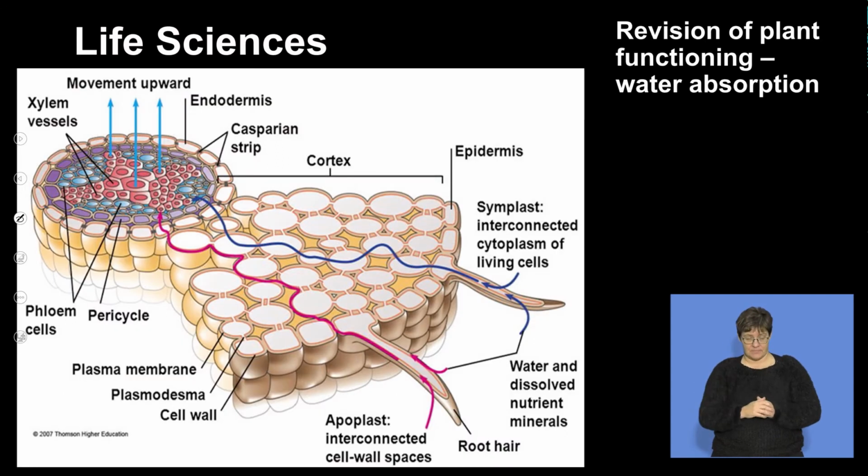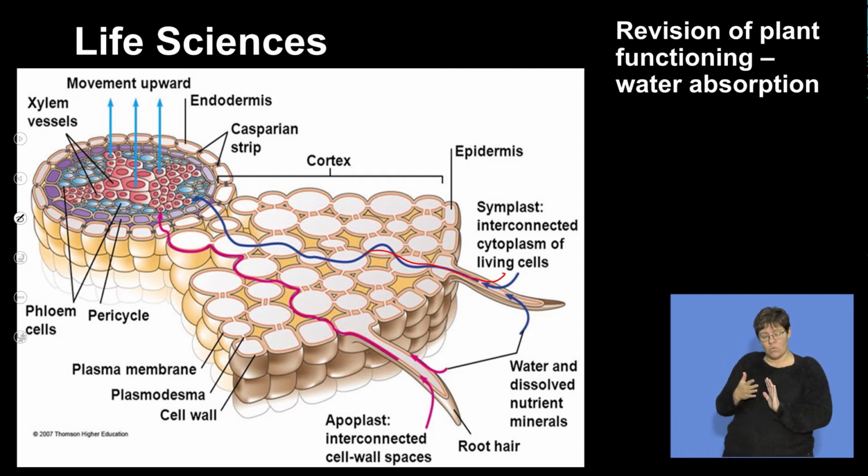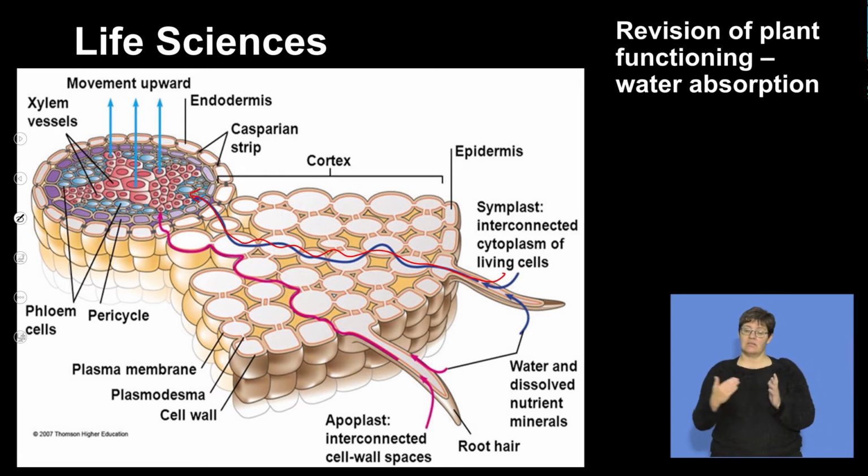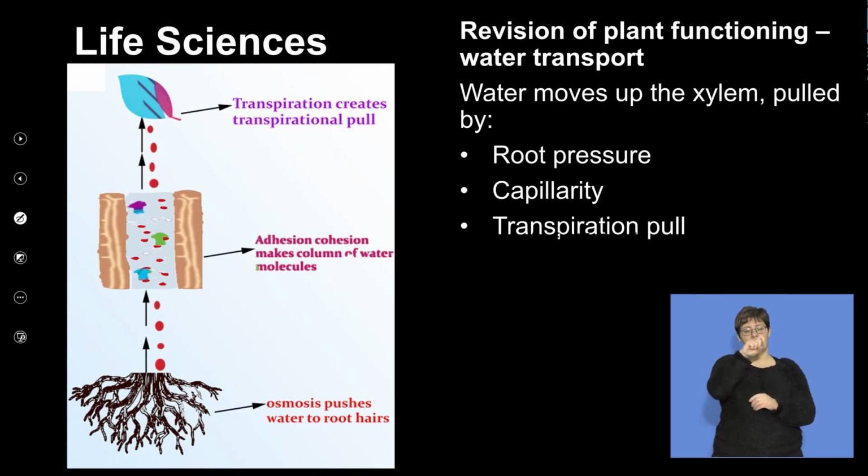We're going to have a look briefly at each step. How is water absorbed? In through the root hairs, moves either through the cells, into the xylem, or moves along the cell walls. Same thing happens, also goes into the xylem. Once it's in the xylem, there's osmosis pushing the water up through root pressure. It moves through the xylem, through capillarity, and it ends up in the leaf, and it exits the leaf, and